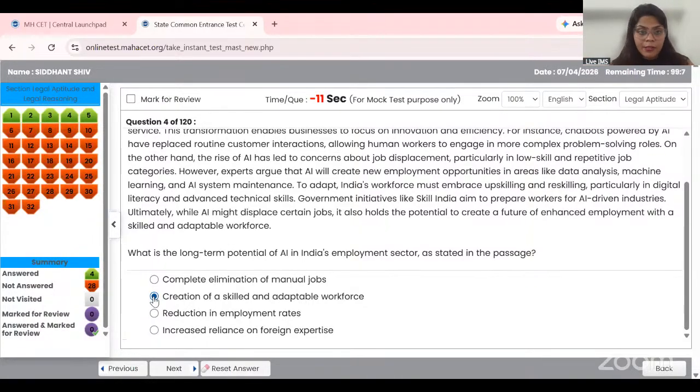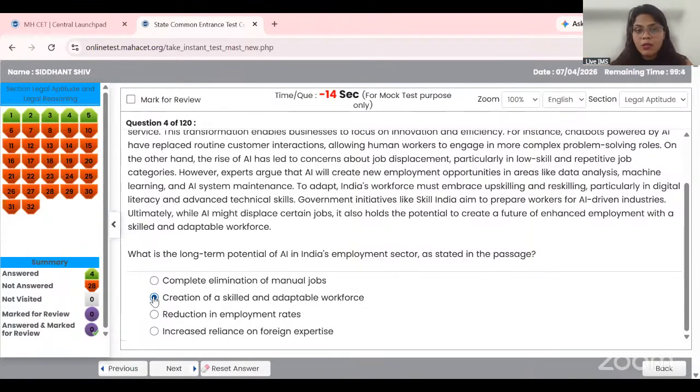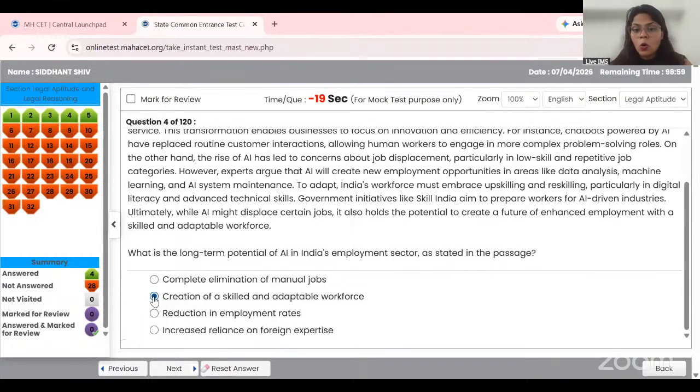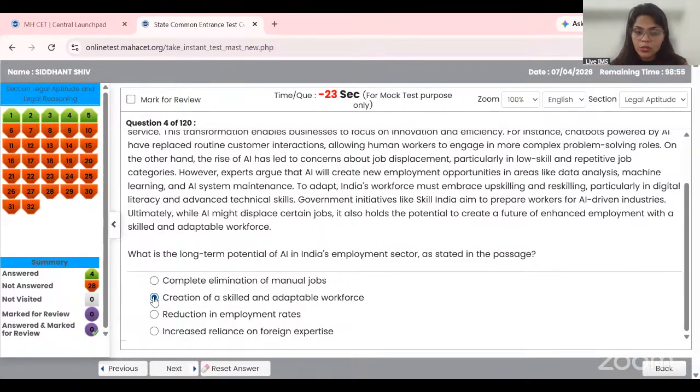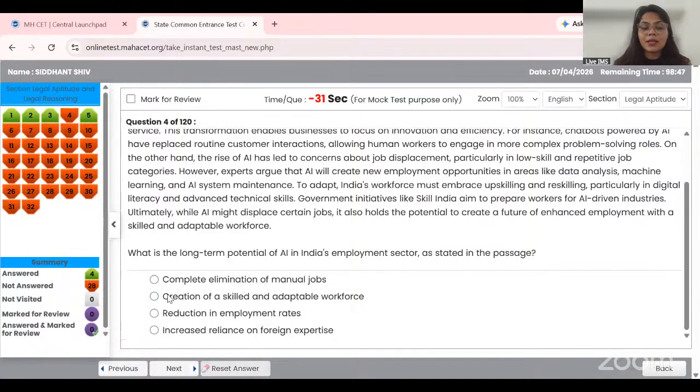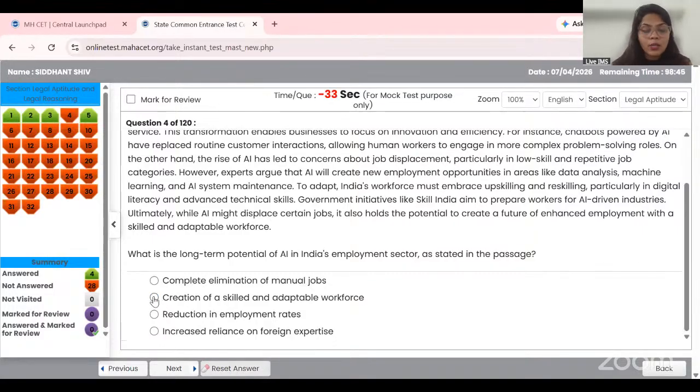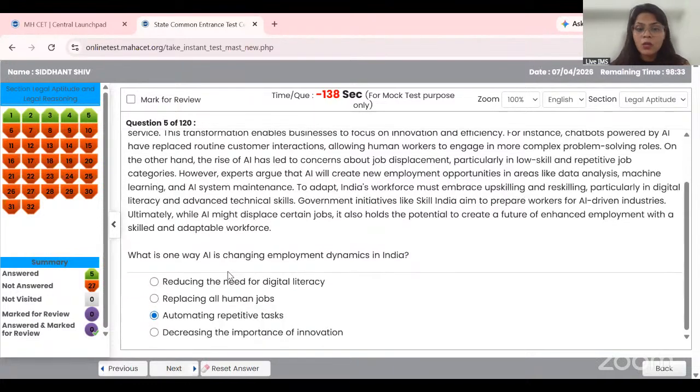If you can analyze this particular part, whatever information was given in the passage, all the answers were directly there, right? So all you have to do is read, identify the right part which is talking about it, and you're good to go. Let's say you mark any of the incorrect answers here, you have an option of clicking on reset answer, and you are good to go. You can either choose to skip it, or you can choose to mark your correct answer. And yes, one more heads up, please do not leave any of the questions unattempted, because there's no negative marking in the question paper.